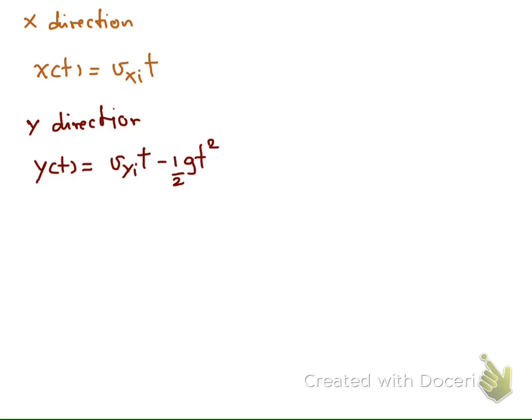From the first equation, if we rearrange the equation, we have that t is equal to x over vxi. Okay, now we have the new equation. We substitute this t into the second equation, and we have that